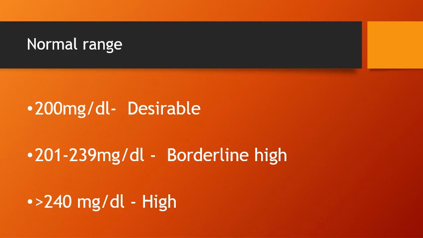So normal ranges of total cholesterol, that is serum, it is given as per ATP guidelines. It is defined in 3 stages: desirable, borderline high and very high. Up to 200 milligrams per deciliter, 150 to 200 milligrams per deciliter is the desirable range of normal serum total cholesterol. 201 to 239 is borderline high, and more than 240 milligrams per deciliter is high levels of serum cholesterol.